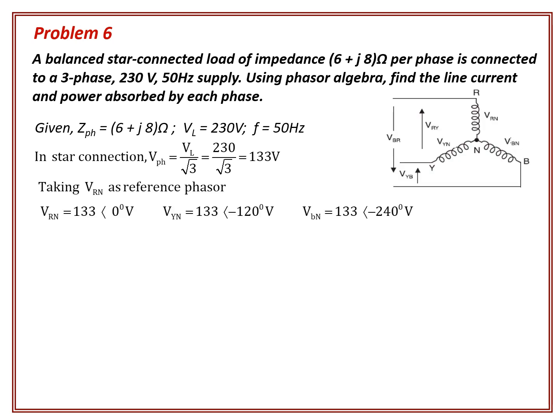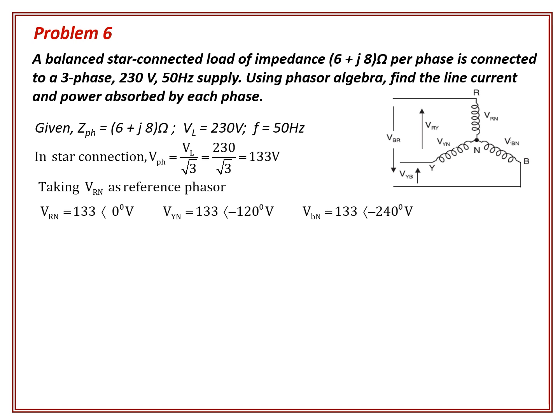Here, as mentioned earlier, we should consider the angle part also. In a balanced three-phase system, the phase voltages are VRN, VYN and VBN. These voltages are equal in magnitude but displaced by 120 degree. The magnitude of these phase voltages we got as 133 volt, and for assigning phase angle we should select one phase voltage as reference phasor. Here we are selecting VRN as the reference phasor. The angle of reference phasor is 0 degree. So VRN can be written as 133 angle 0.